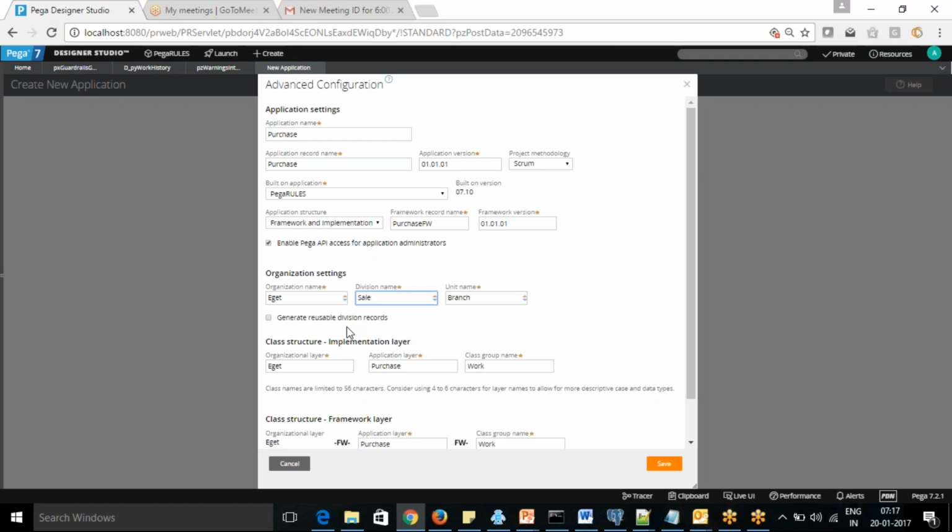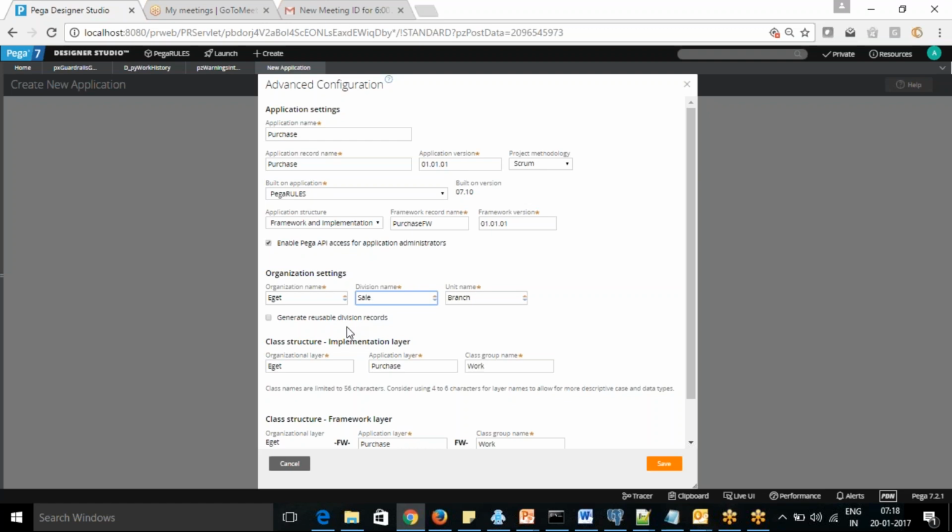Okay, but on the screen I see the class structure implementation layer, and again at the bottom I see the class structure framework layer. So we'll have to create one particular class structure in any layer where we are building our application, right? Why do we need to create classes in different layers? Can you come again? Consider we are building our application on one particular framework.